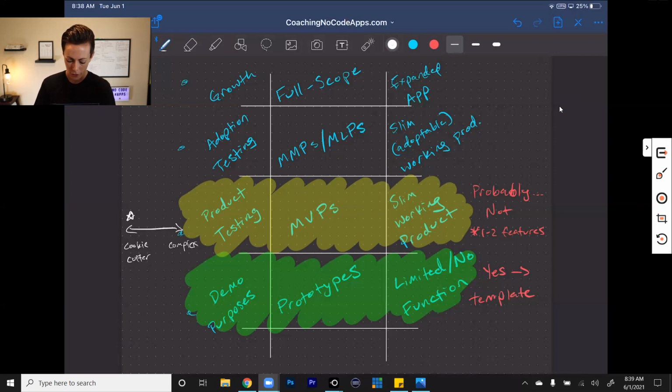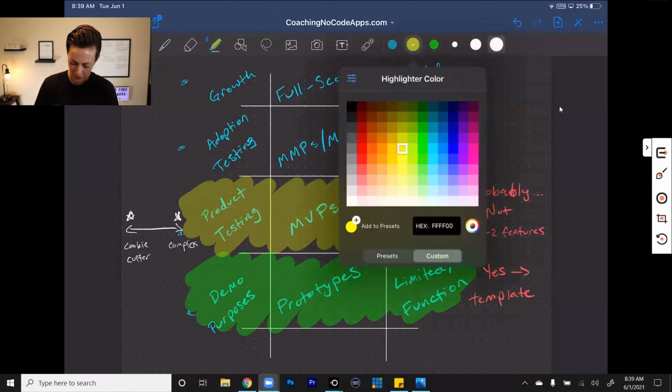But if you're over on the right side of this spectrum and your app is more complex, you need to create your own customizations, then a template isn't going to do it for you. And it's going to take you longer. So I'm going to say in this section, probably not. I know that's not a hard answer, but hopefully it gives you a really good idea of what to expect there. Now, moving up,